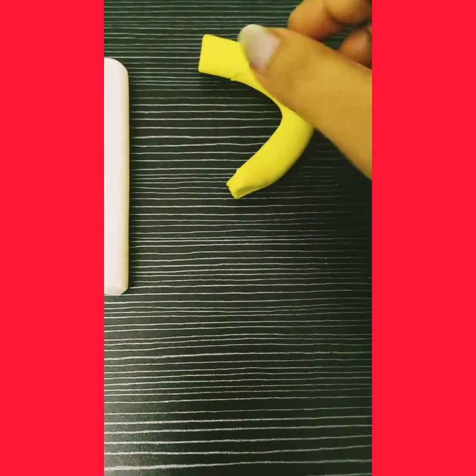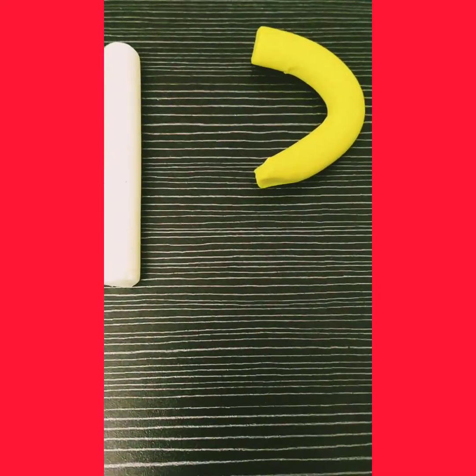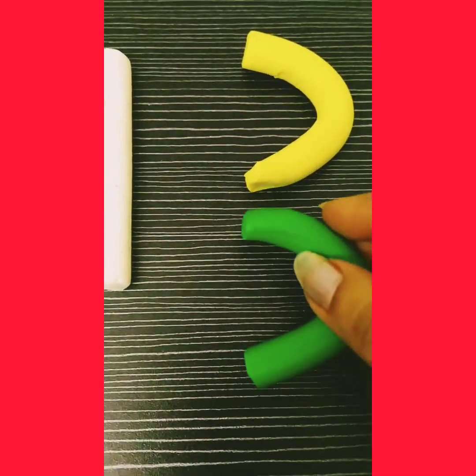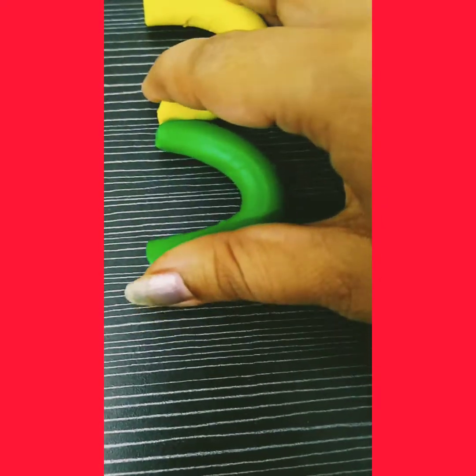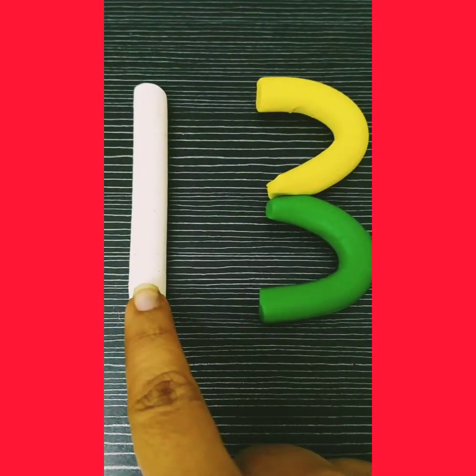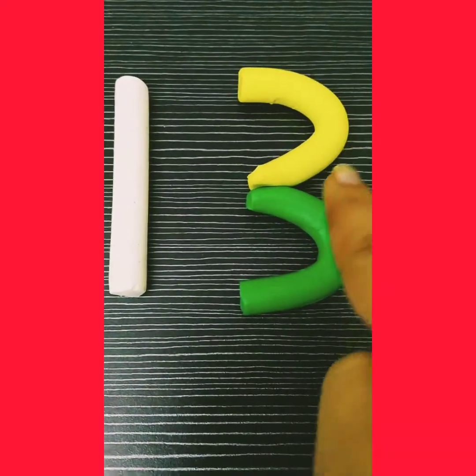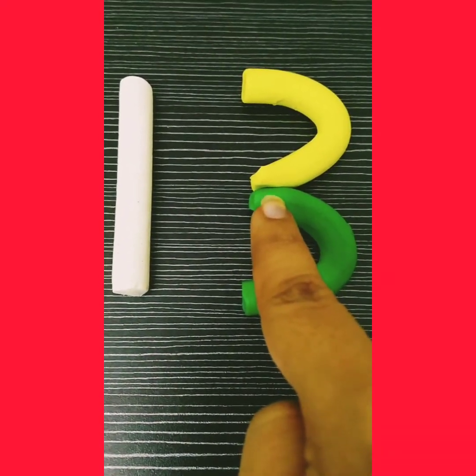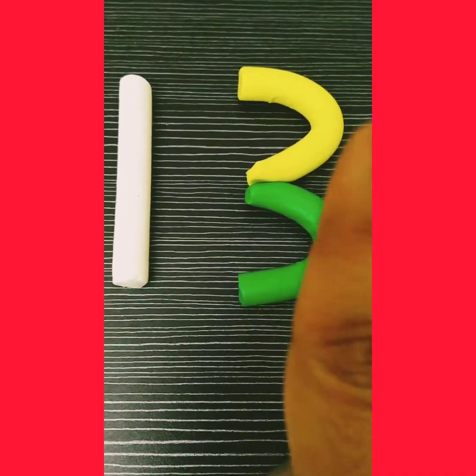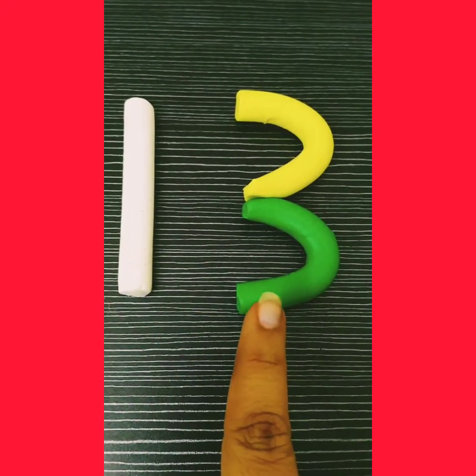Then you have to make one right curve. Then you have to make one more right curve like this. So 1, 3, 13.